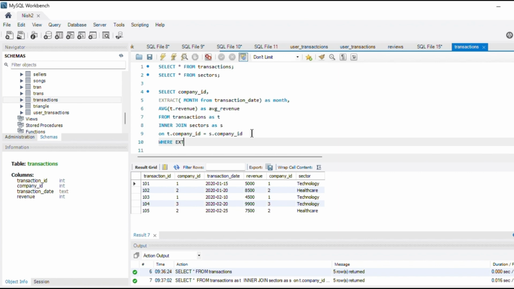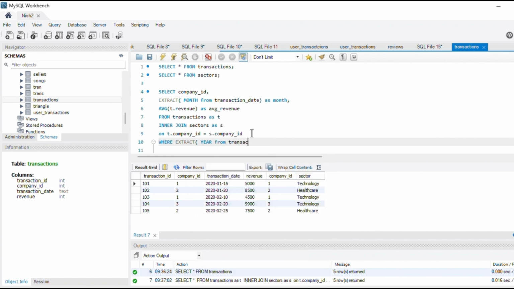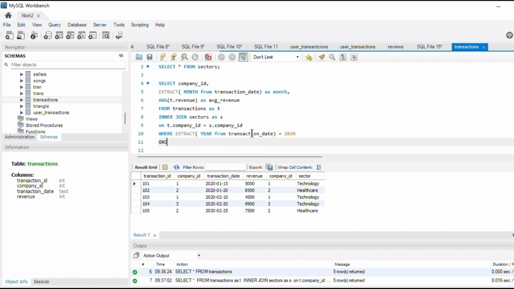So where extract year from transaction date should be 2020, and then I can directly apply my group by clause. Since I want to compute the average revenue for the combination of month and sector,